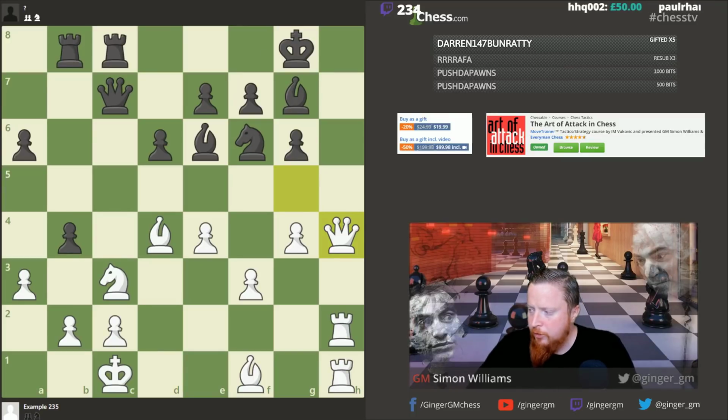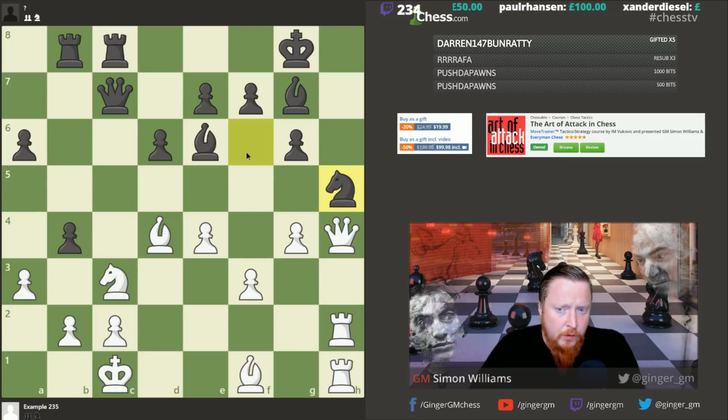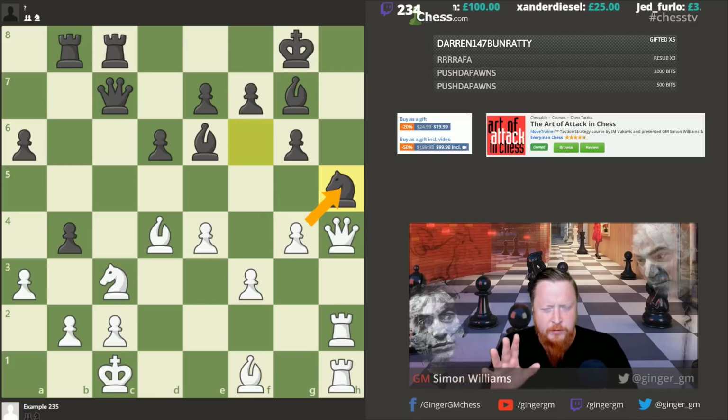He must do something drastic. And the only drastic move that can be played to stop the checkmate, but it turns the tide, is knight to h5. And knight to h5 here actually turns the tide in white's favour, probably. I mean, maybe g takes h5 is still very messy, but now we're going to look at some of our